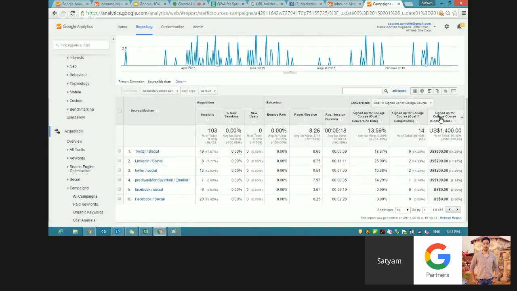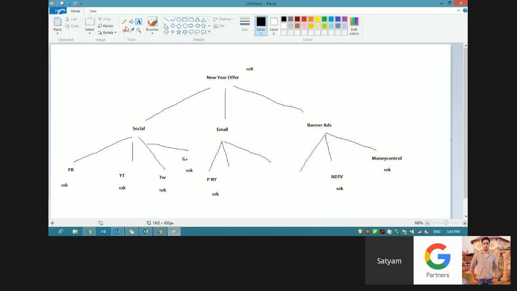So I'm just assigning all the sources and mediums on the basis of descending order of returns on our investment. Twitter comes on top. So in this case, I am saying Twitter is doing great for me because my credit card expense shows that I have spent only $100, but people coming from Twitter have already bought for $900. So it's great. Let me continue this. Again, LinkedIn, I've actually not spent much, $200. It is great, and so on and so forth. So slowly and gradually, you will start seeing all your sources and mediums having some figure, some value attached to it. And that's the time you go back to your whiteboard and decide in real time which branches you should prune,